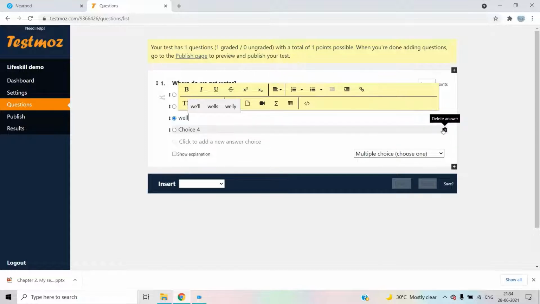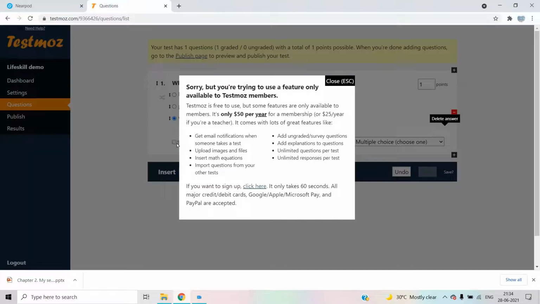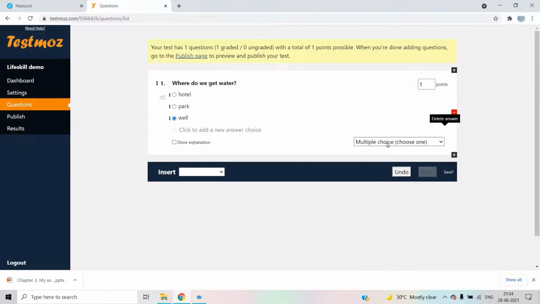If you feel like you don't want this choice, you can delete it. If you want to show explanation and give explanation, that will be for the paid version. If you want to raise the points, that also you can do here.